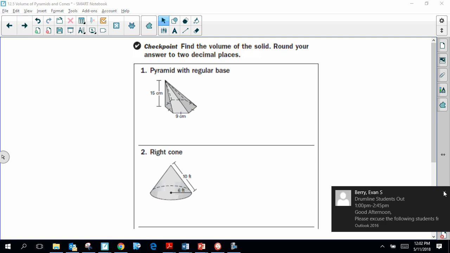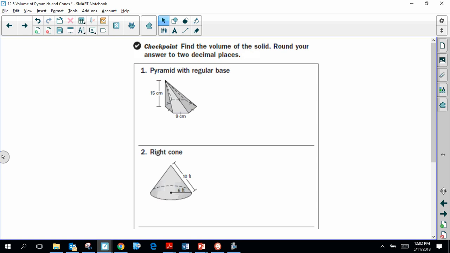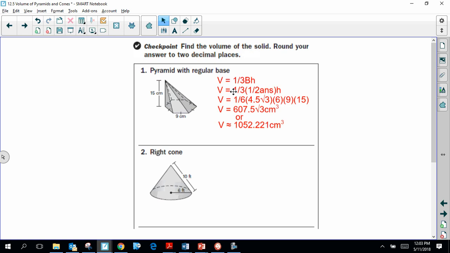Hello, Miss Berry. Thank you for the email. What we're going to be looking at here is just, can you identify the parts and substitute them correctly? So here we have 1/3 times the base times the height. In this case, the base is going to be a regular hexagon. So find the apothem of the hexagon using rules of special right triangles. So 4.5 radical 3 is the apothem. There are 6 sides. Each side is 9 units long. And the height of the pyramid is 15. So multiplying everything through, I'm going to get 607.5 radical 3 is the exact answer, or about 1052 for the